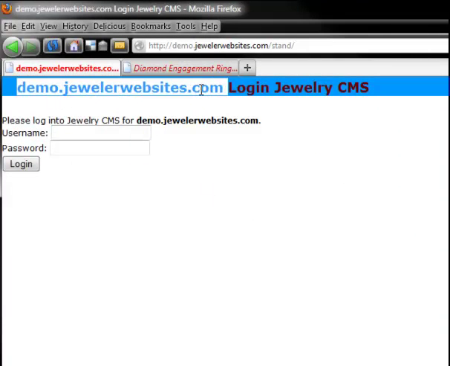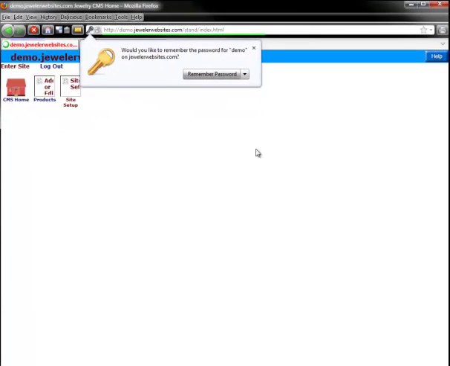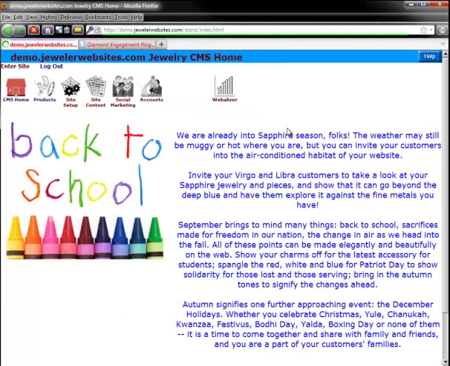It'll usually show the name of the website that you're on. It says login to the jewelry CMS. This word is customizable for every website. Now in this particular case, for my demonstration purposes, I have a demo login, but you would use the login username and password that was given to you. Click the login button and you will come up to some type of introduction screen, what we refer to as the Junior home page,